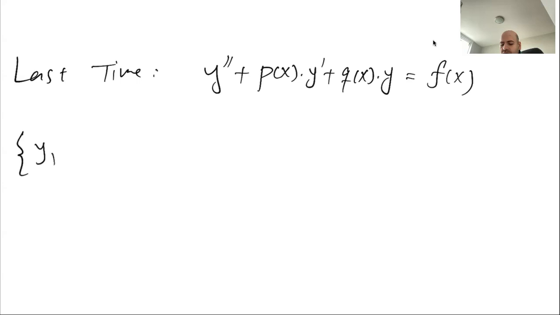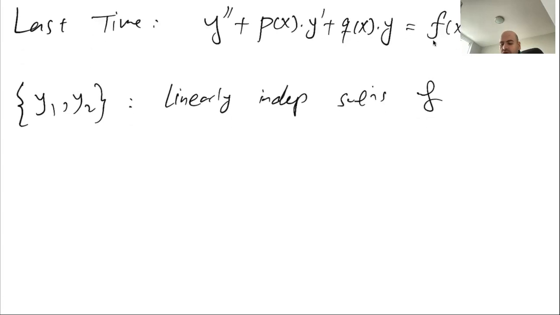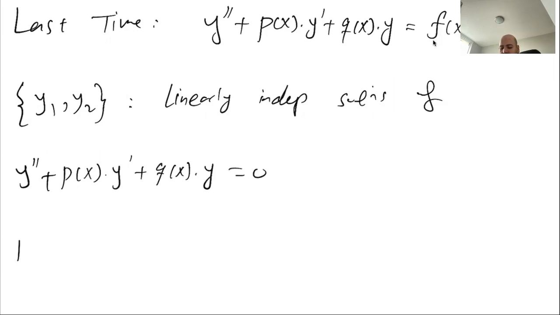And we assume that, let's say, y1 and y2 are linearly independent solutions of the homogeneous equation, y double prime plus p of x times y prime plus q of x times y equals 0. Then a particular solution for this equation can be written